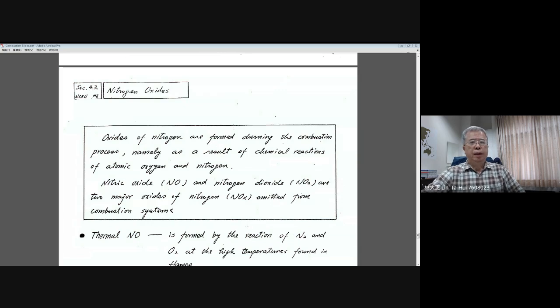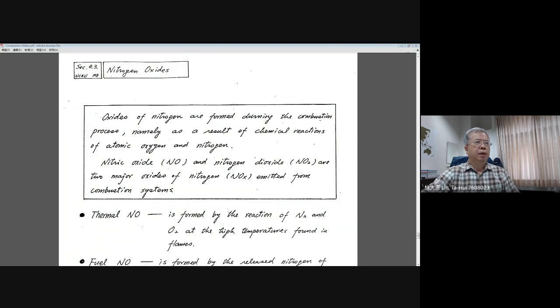Let's go to the nitrogen oxides, which means we are dealing with the NOx emissions. Usually, the oxides of nitrogen are formed during the combustion process, namely as a result of the chemical reaction of atoms, oxygen, and nitrogen. In general, the reaction between oxygen and nitrogen will give us nitric oxide and nitrogen dioxide, the two major oxides of nitrogen emitted from the combustion